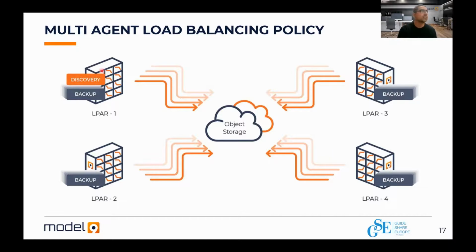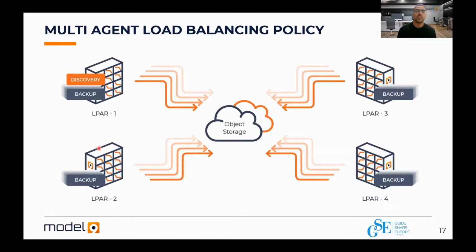The first thing that's going to start running is the discovery process. So once you define your policy, which says go over all of my SMS policy and decide what needs to be backed up and what's not, based on management class, storage group, change bit, or whatever, this discovery is going to run on one of your LPARs. During the discovery process itself, data sets are being discovered and selected for backup. So even when the discovery is still running, backups are starting to run as well. And these backups will run on all the eligible LPARs you defined in your policy.